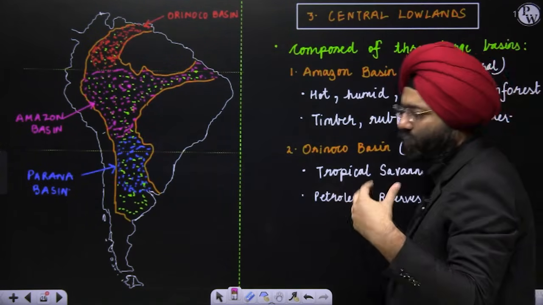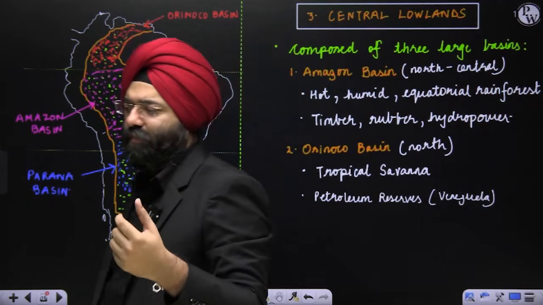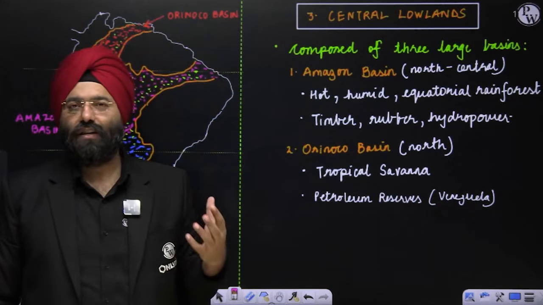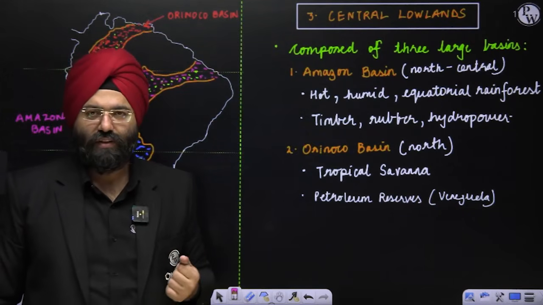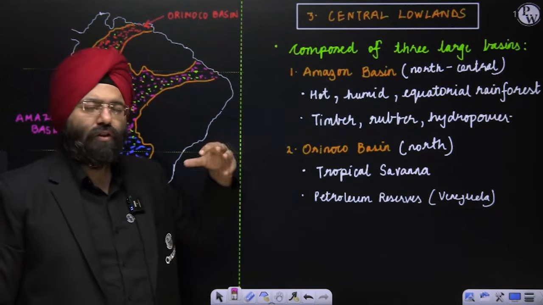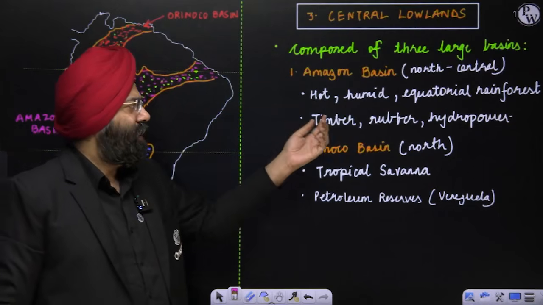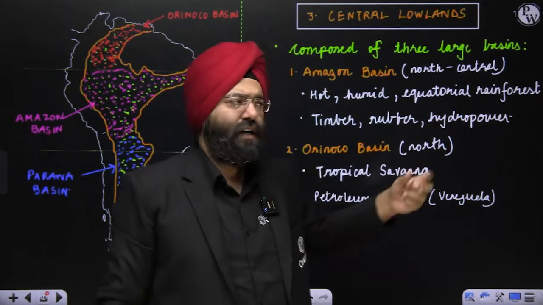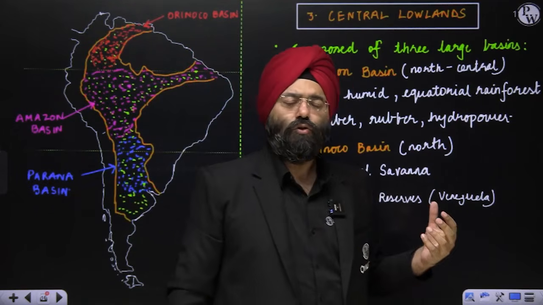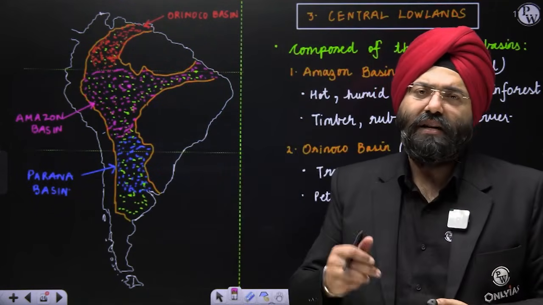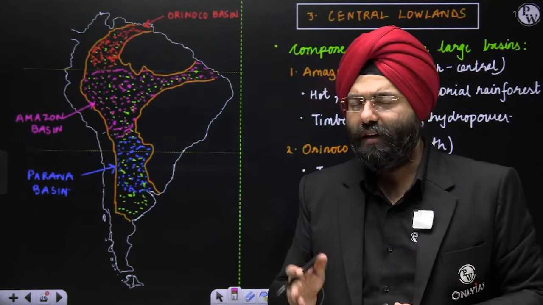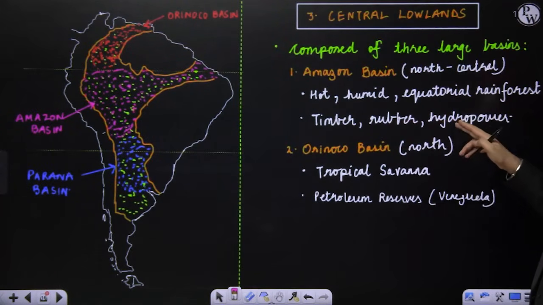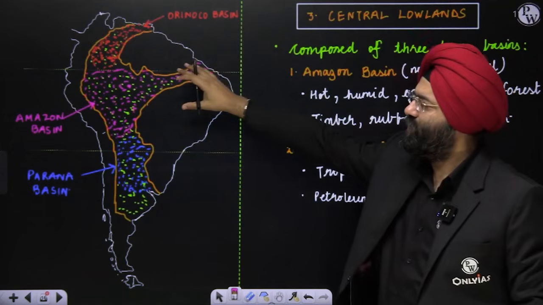Now, you know that it is famous for being known as the lungs of the earth because of the amount of oxygen that they produce, right? So, equatorial rainforests are present there. People are basically extracting rubber. The rivers that are flowing over here, hydropower production is done. Along with it, obviously, though it is not allowed, still you see timber extraction is also done because it is required by the governments. So, timber, rubber extraction, hydropower generation are again some of the important sources over here.